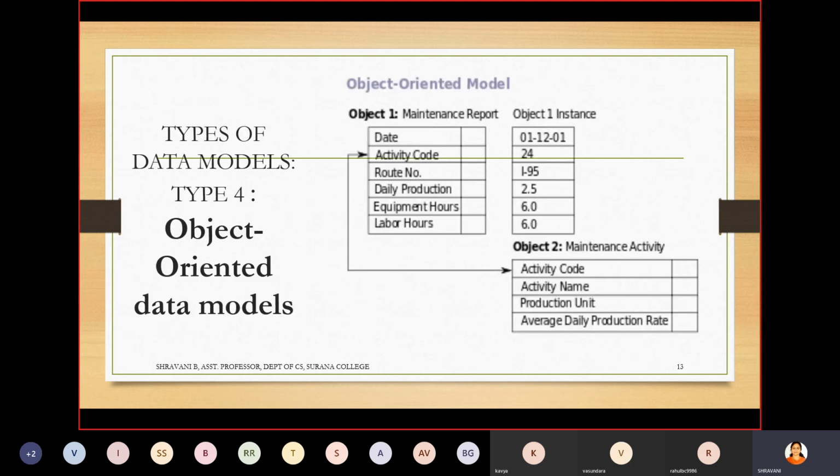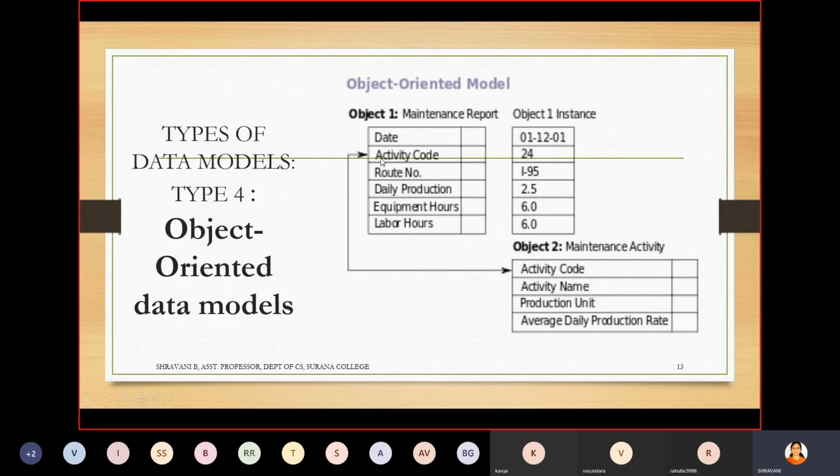Now let's go to the fourth model, that is the object-oriented data model. There is a concept called OOPS, that is object-oriented programming concepts, in which you will be having the object-oriented method. Here is a simple example. You can see there are 2 objects. Object 1 is the maintenance report and object 2 is what the activity is going to do. Both have the same field, which is called activity code.